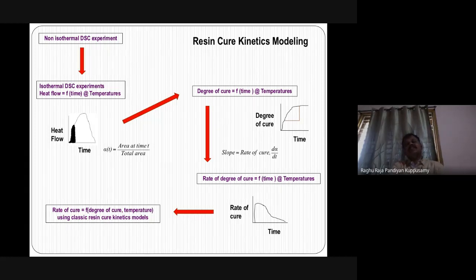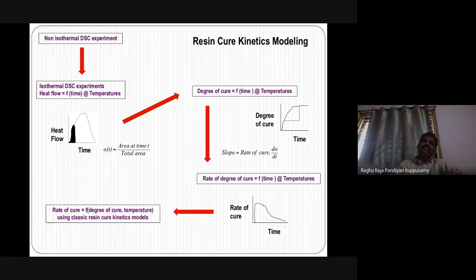Then you have to conduct a few isothermal DSC experiments for the kinetics data. You select the temperature for the isothermal DSC experiment somewhere intermediate between the onset and the peak, because there is a reason. If the temperature is less than the onset temperature, it takes a lot of time in the DSC for initiation of the curing of the sample. And when you take some temperature above the peak,